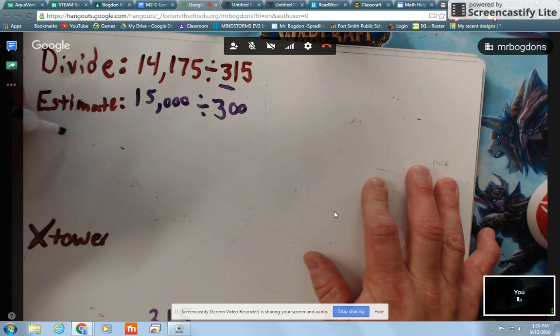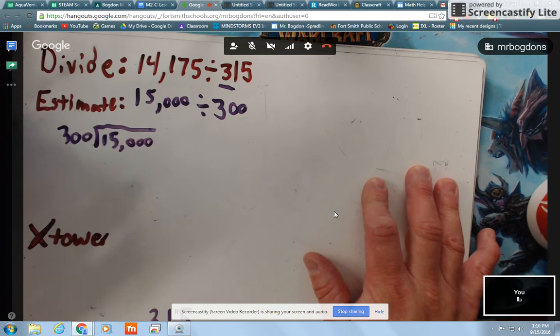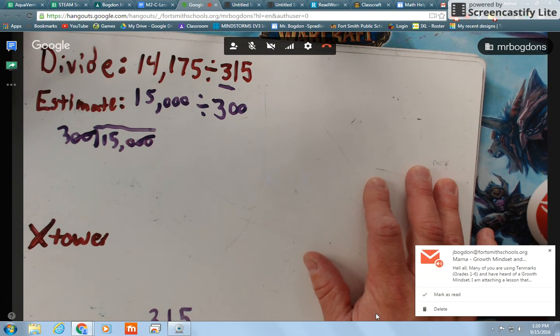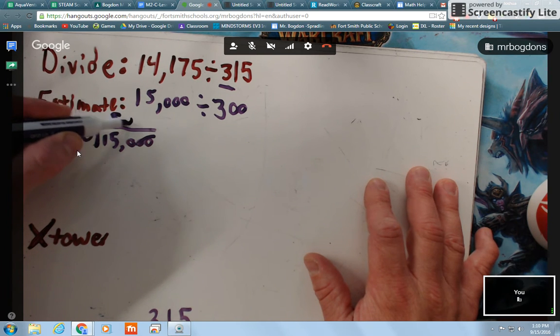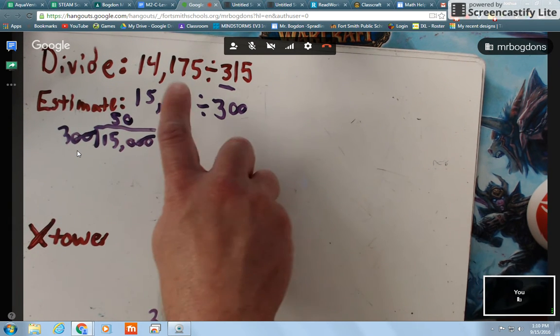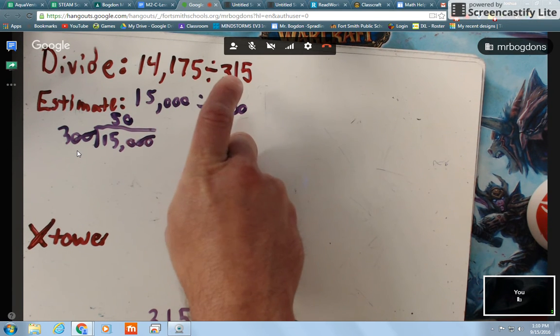So what is my estimate if I have 300 dividing 15,000? Well, do I see zeros and zeros? Yes. Get rid of them. I get rid of 2, I get rid of 2, right? Okay. How many times will 3 go into 15? 5. And then I got 0 to bring up. So I know that I should have approximately 50 groups of 315 within this